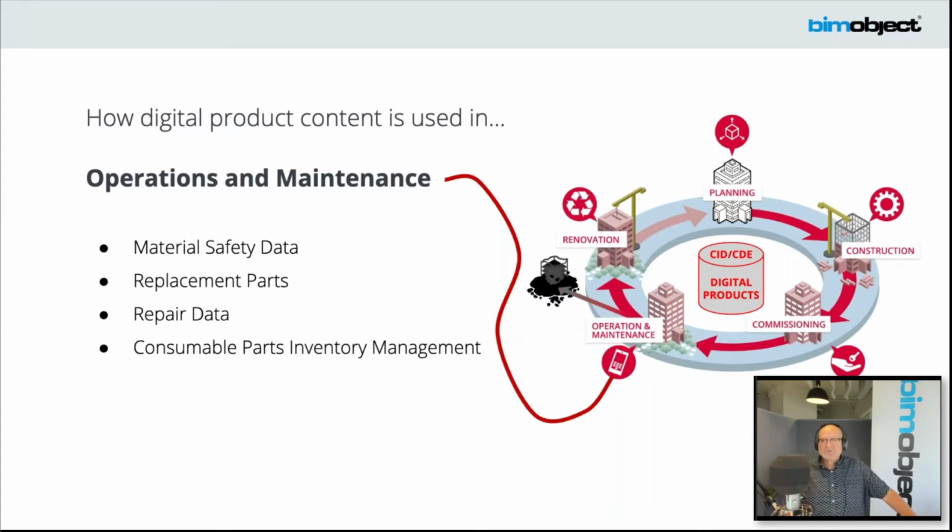Back to the disposable furnace filter, which aren't used that often in commercial these days, but there's a lot of consumable parts that many facility managers in larger campuses and buildings, even small retail in a mall, often will have. Light bulbs, that's a great one. Less and less now with LEDs, but these are all factors that they have to manage, and they're able to do it with digital product content.